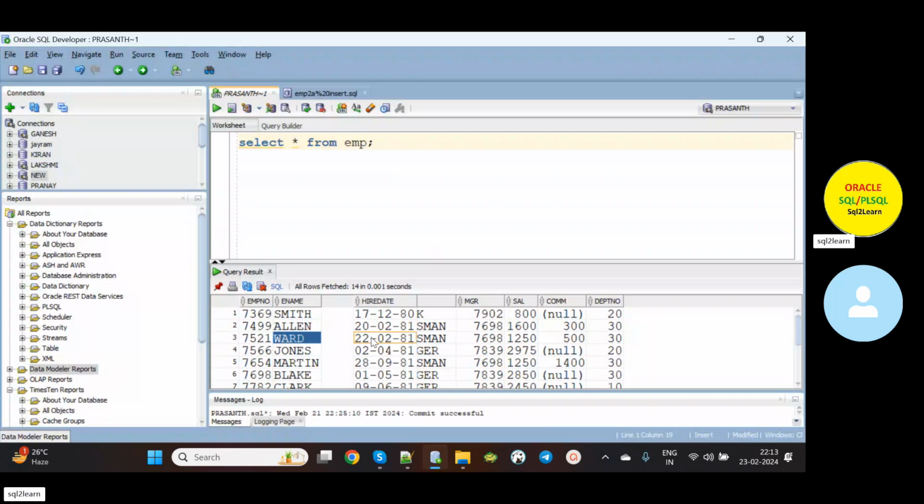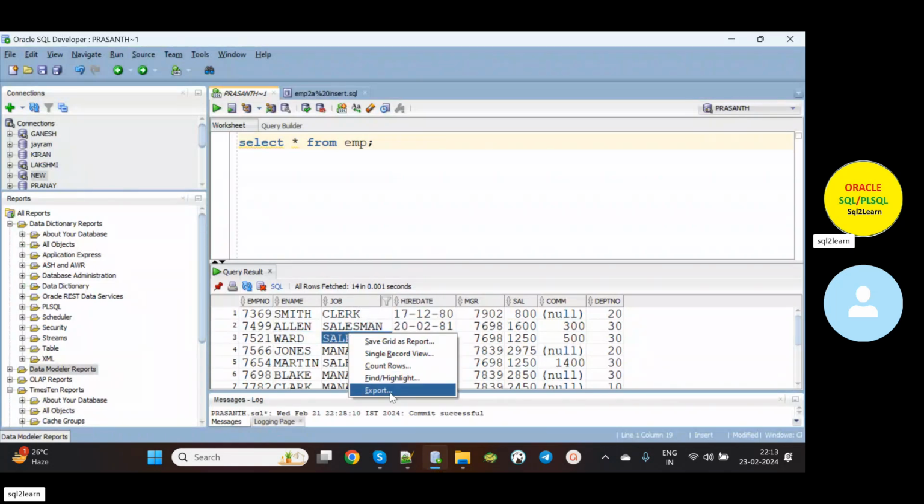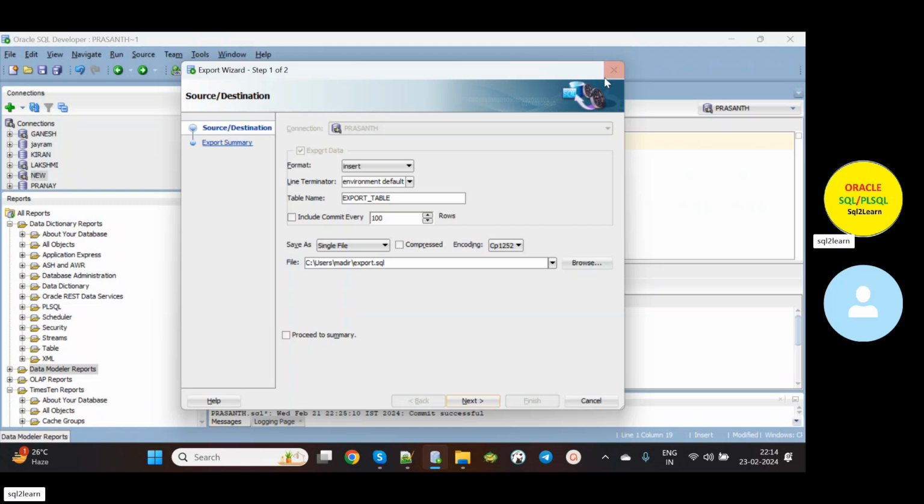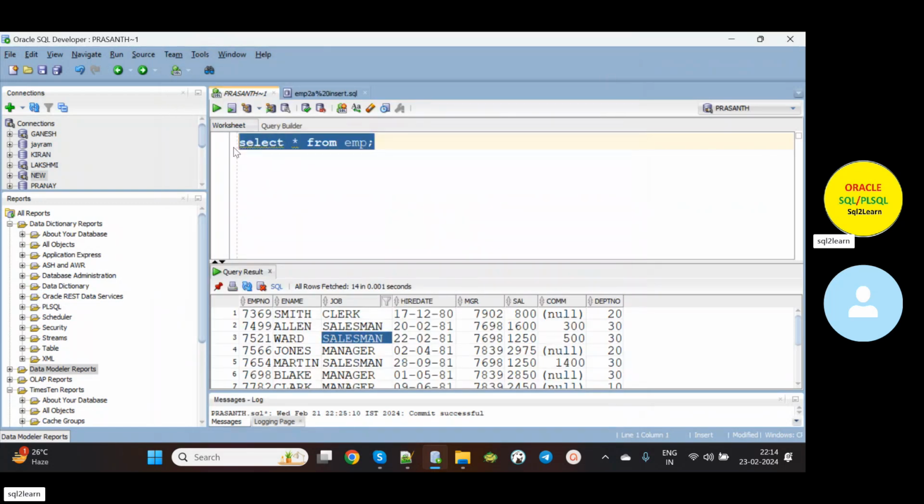See here, this is what you are doing manually, is it? If you want to export, you are doing it manually. But you can do the same things with a query also. See, now I want the insert script. Okay, see how I will write. So here, star